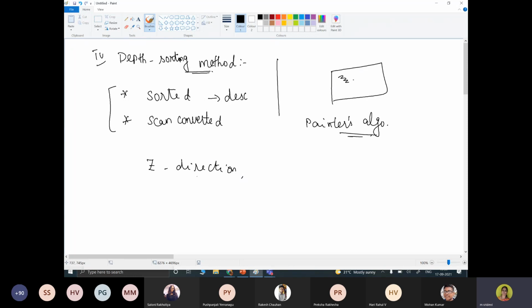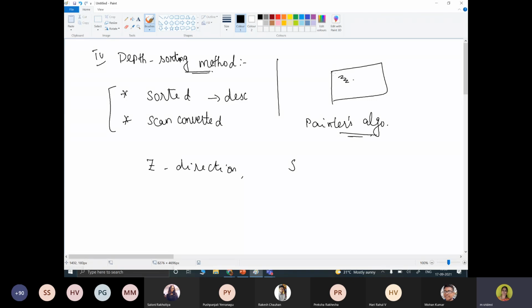We need to order the surfaces according to the smallest z value on each surface. The surface S with the greatest depth is then compared with the other surfaces in the list to determine whether there is any overlap or not.